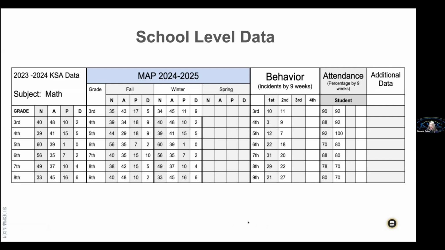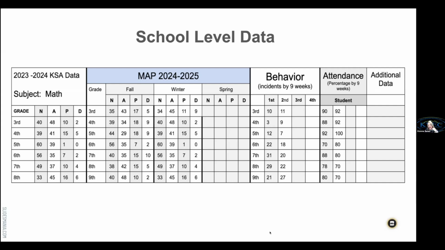So one thing to start thinking about is, as I am glancing across, I'm trying to look at the KSA data. How are our kids doing in the spring? And then of course they've returned, they've come back to school, they're in the next grade level. We're looking at the fall. So we now have our fall and our winter benchmark data, right? So those are some things that we start looking at, the benchmark data. And we look to see how we're doing in the fall and the winter.